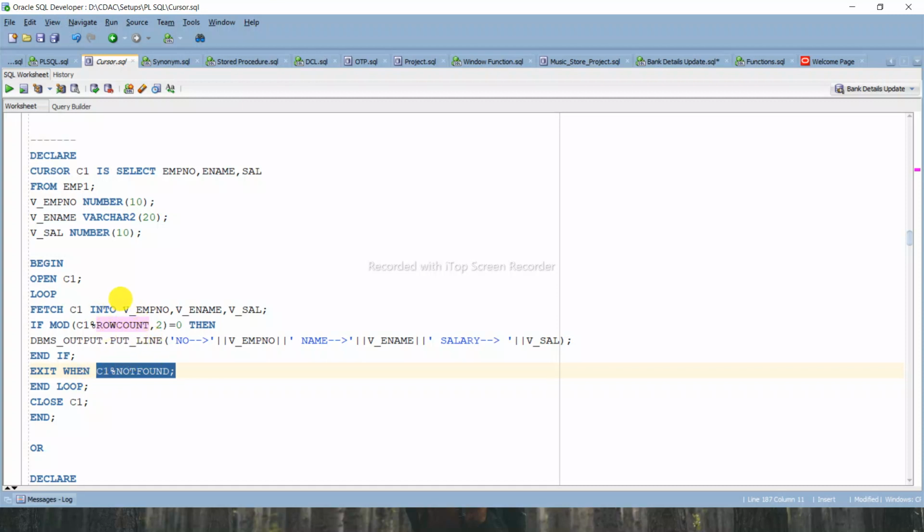So it will go on checking the condition, that is percentage row count, go on adding the rows, and it will check the condition. If it is dividing by 2 and the remainder is 0, then it will print the record. Means it will print only the even records, even rows. And when the records are finished, let's take an example. At the last record, after taking the last record, it will check this condition. After this condition, it will check this condition,